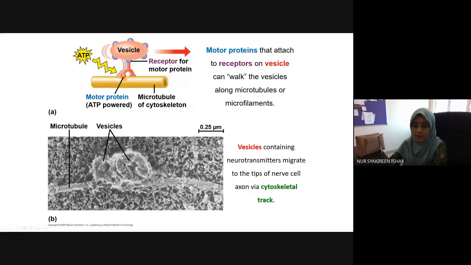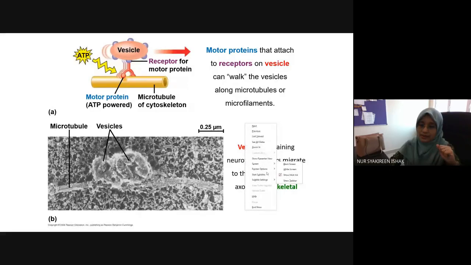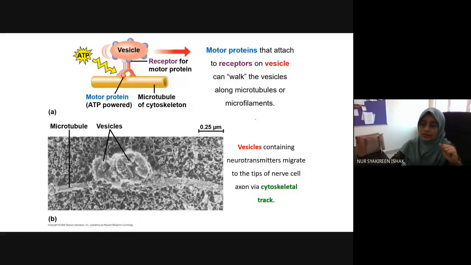Okay, axon of a neuron. So as you know, a neuron contains vesicles that contain neurotransmitter. The neurotransmitter, kalau ingat, okay, structure apa nama neuron? Kita ada cell body kan? Cell body dalam tengah-tengah dia ada nucleus. Okay, after the cell body, you have the long axon. And then kita ada synaptic terminal. Okay, so ini kita ada dendrite lah,